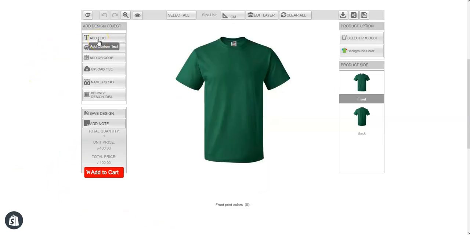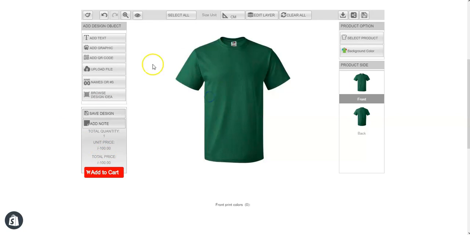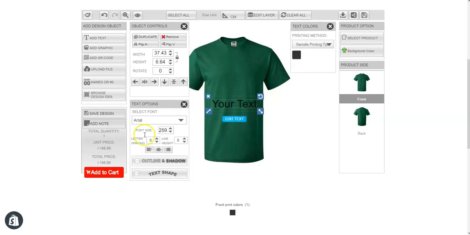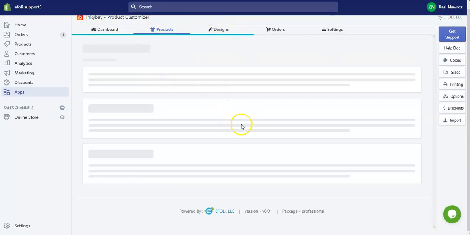Okay, so if we add a text, you can see that the text is in the printing tab that we have created, and you can see the unit price has changed. The default unit price was $100, and if we add a text, the pricing changes.